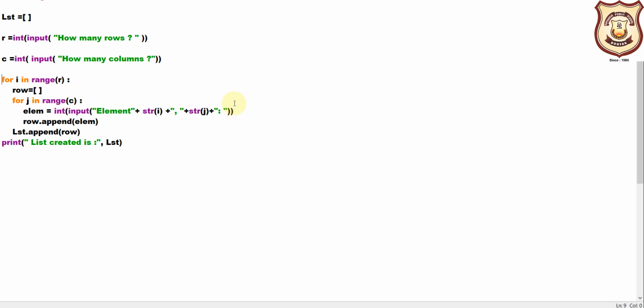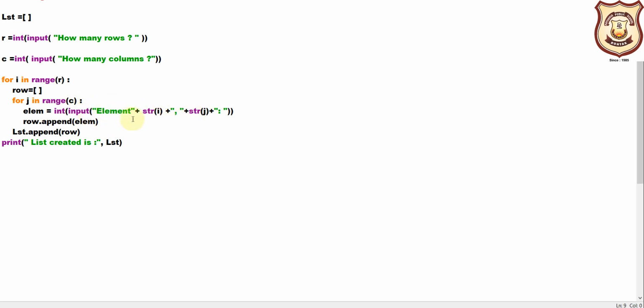Okay, we know the concept of nesting of for loops. We have read it in the previous chapters, chapter 1 and chapter 4, and we have discussed these things in detail there. So if we are talking about the first row, then definitely the row of 1 contains 2 columns, so it will take the input of both the elements like this.